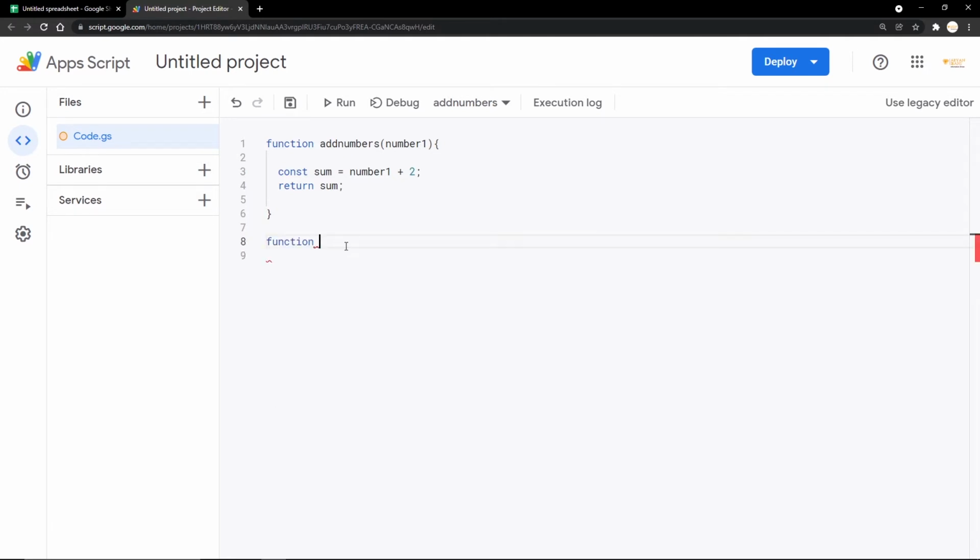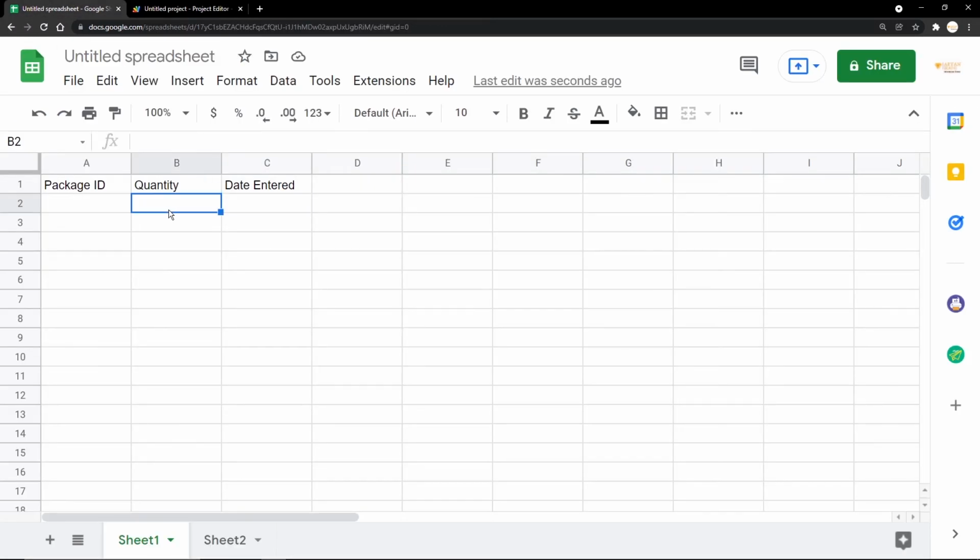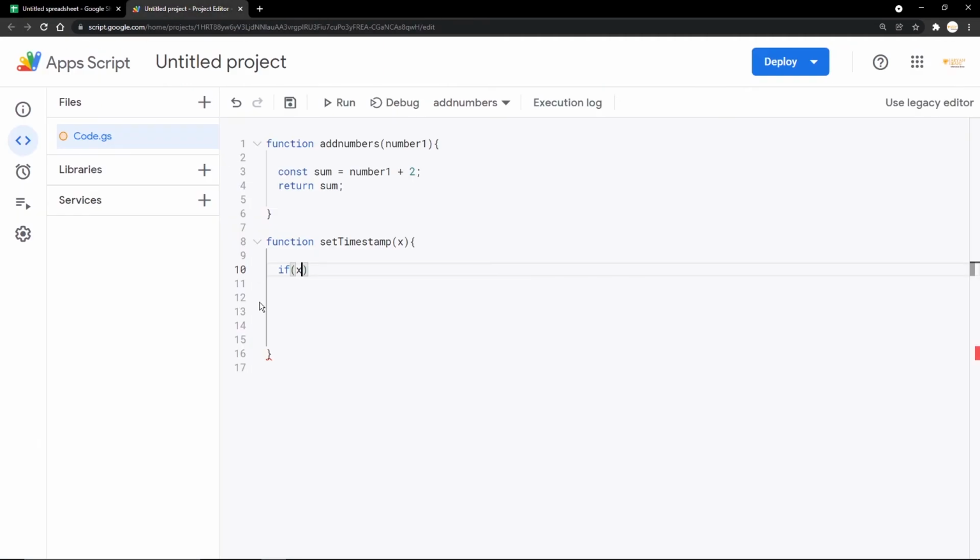I'm going to open a new function. I'm going to write this as setTimestamp. I'm going to open the curly braces. And this is going to accept one parameter from the Google Sheet, so I'm just going to name it X. Then I'm going to open an if statement. This is to check whether the cell passed is empty or not. If it is empty, I don't want to add a date, and if it is not, I would like to add a date.